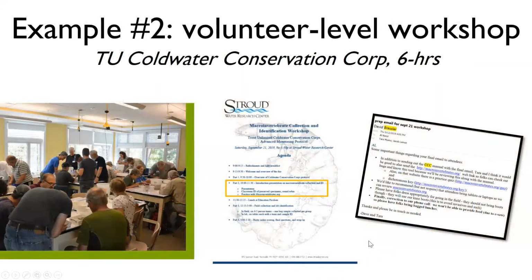So example number 2, a volunteer level workshop. This one was for Trout Unlimited, and we trained volunteers in their Coldwater Conservation Corp kick seine method, and then trained to an ID to order and some family levels. And this was an all-day training, and we plugged into the website, but also used materials from the resources page